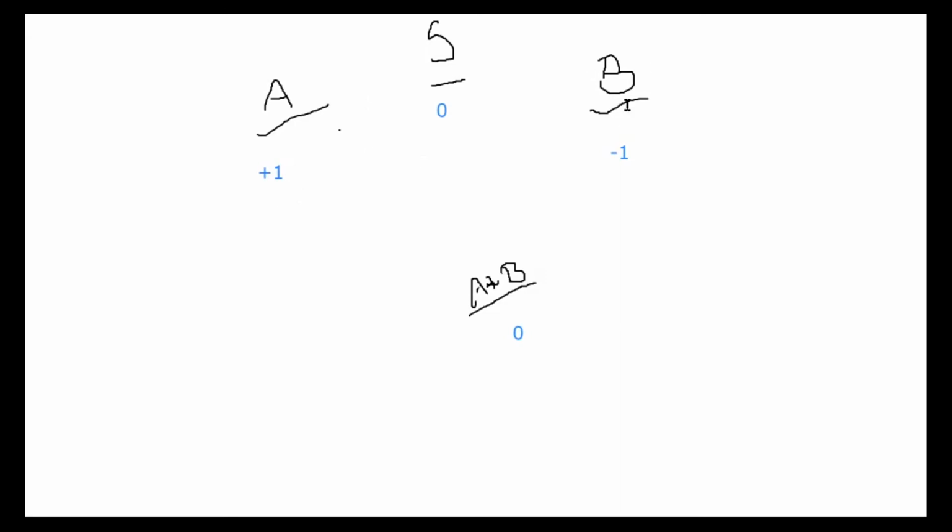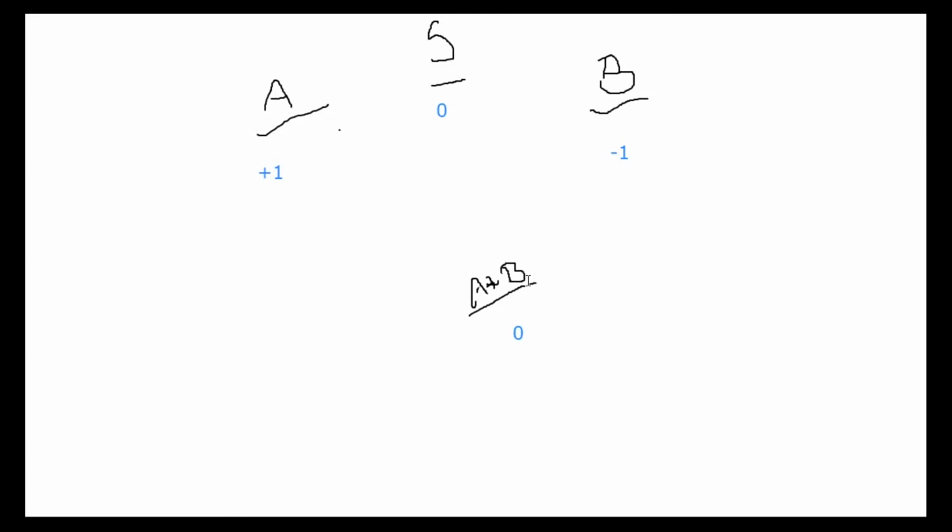Suppose I press the button B, it should decrement. Now the value is 3. Now 3 minus 1 is 2, 2 minus 1 is 1, 1 minus 1 is 0. Like that. Suppose the value is 1. Suppose I directly press A plus B, whatever the value is, 10, 100 or 1000, it should come to 0 again. So this is the task.